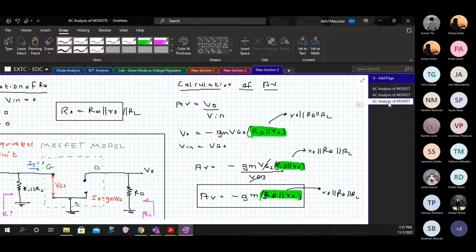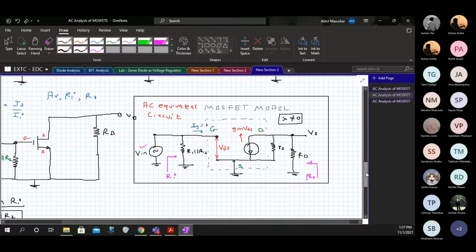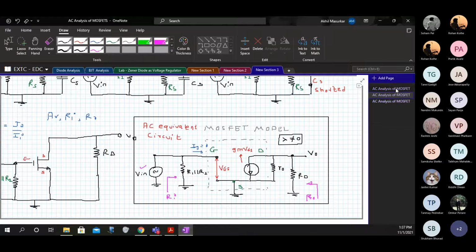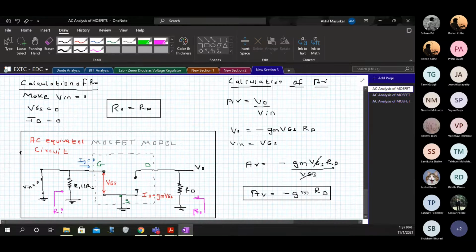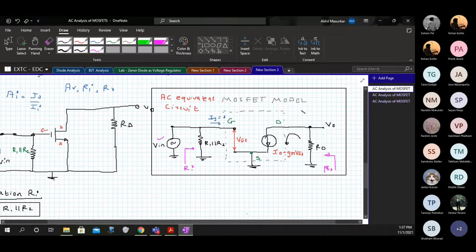Okay, Soham, you can note down the second circuit now. So no need to again redraw everything because we are only changing the model. So this is the AC equivalent with lambda not equal to 0. And the first thing that we saw here is that in this case lambda is equal to C.